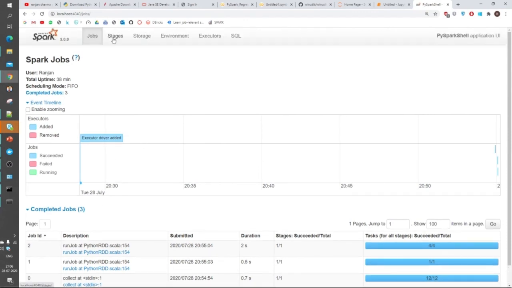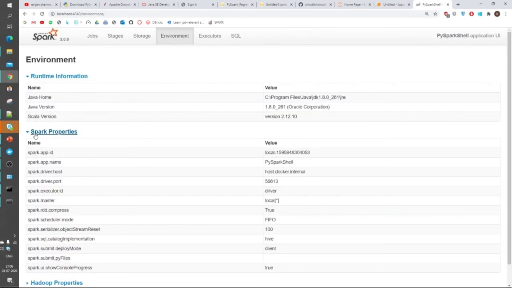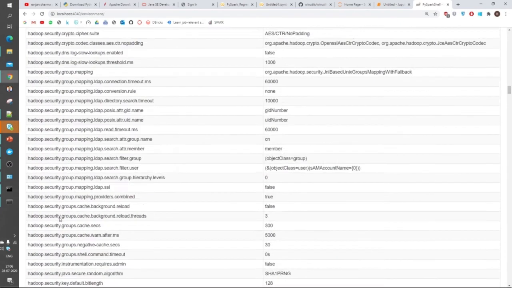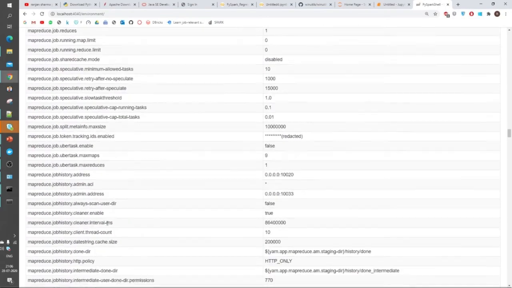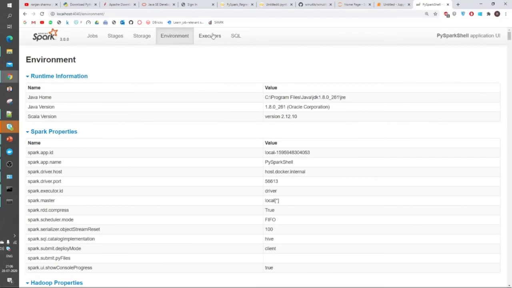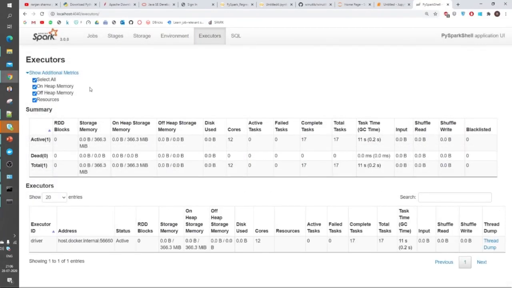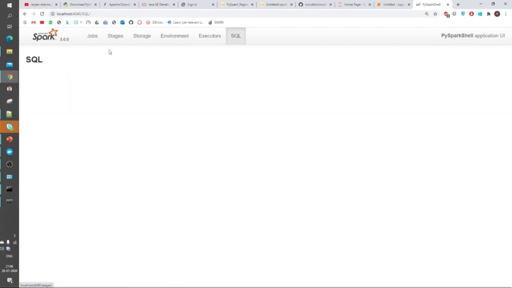This is the jobs tab, this is the stages tab, this is storage, and this gives me all the environment variables that I have configured. You can do some troubleshooting as well, like checking whether my environment variable has been set or not. And this is executors. I can see how much memory is available and how much disk it is using, and this is SQL. I can use SQL on Spark as well.